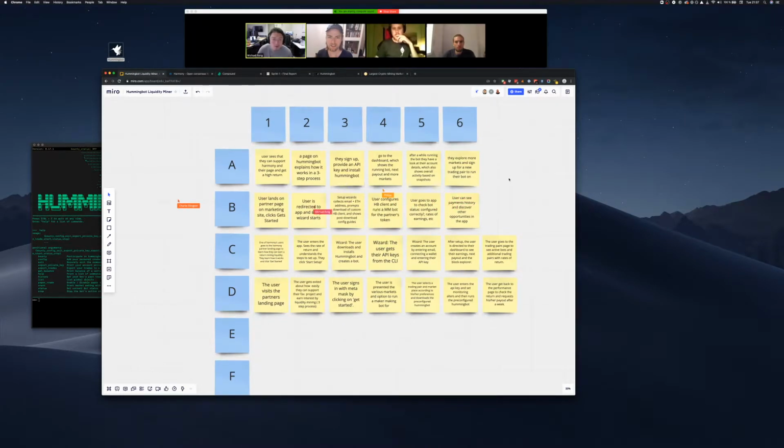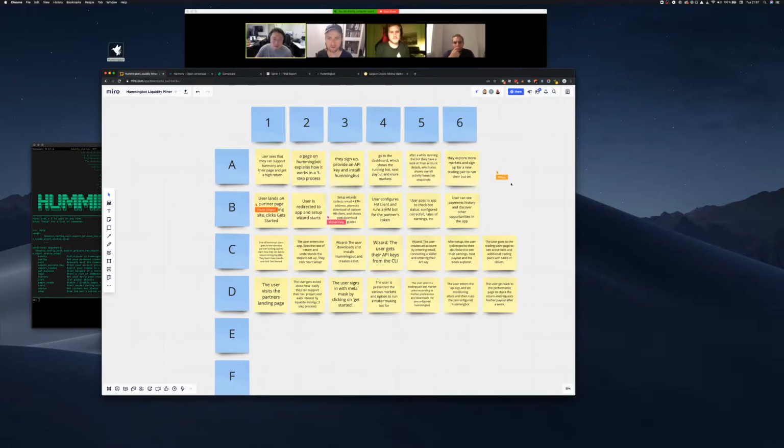So B is me. This one is relatively similar to Andre's, and I'll go through it and highlight some of the differences. When the user lands on the partner page, I'm assuming that this contains information about how it works, and they can find information otherwise on a marketing site about how it works. So when they get started, I think they should automatically start that setup process, which is really about collecting their Ethereum address, their email address, and having them agree to the terms and conditions, which is basically